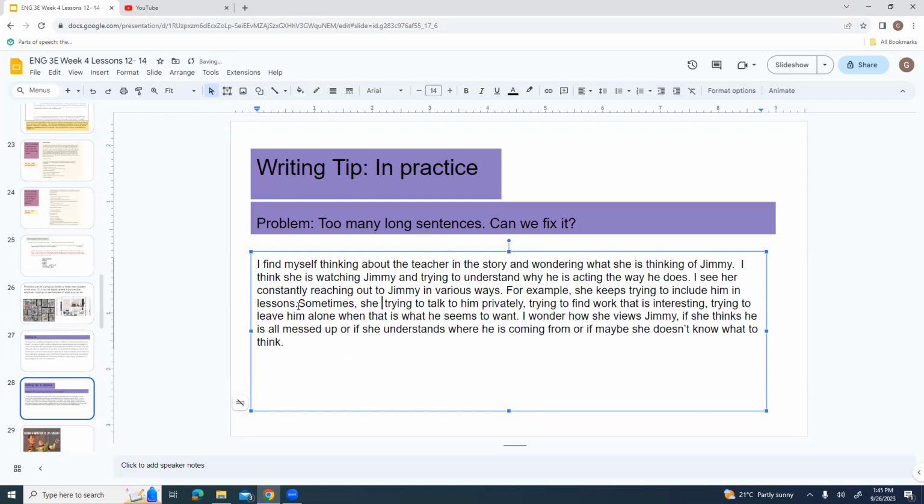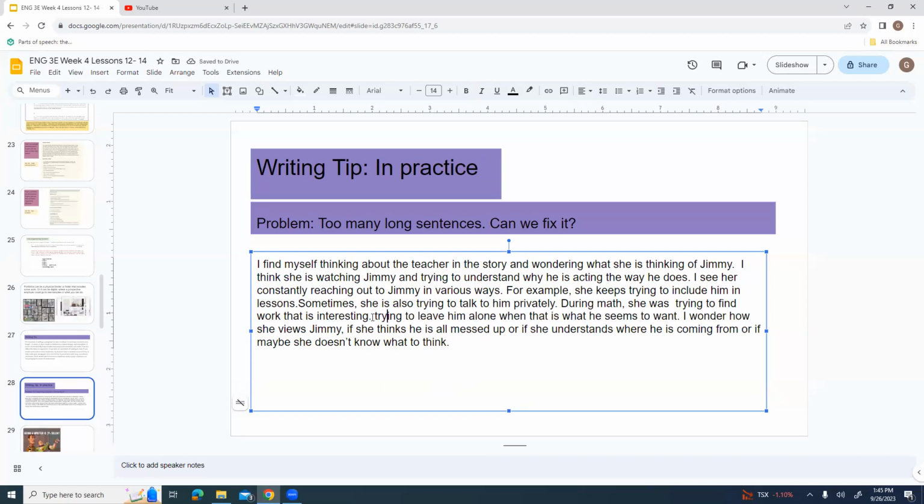Sometimes she is also trying to talk to him privately. During math, she was trying to find work that is interesting. And I'm getting tired of hearing the word trying.